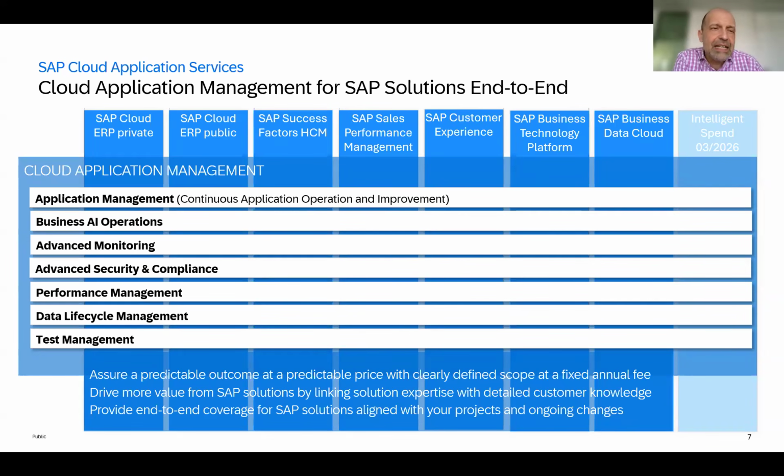So as you can see, we have this package-based approach, and this means you have a kind of, I would say, lump sum per year, and this has to be paid, but afterwards you can utilize the CAS services based on this lump sum. That means you have a predictable price and you have a clearly defined scope, because all our packages have a scope which is described in detail, where you can see what you get for your money.